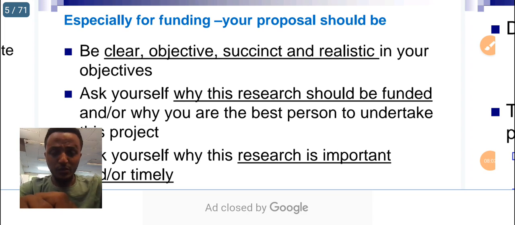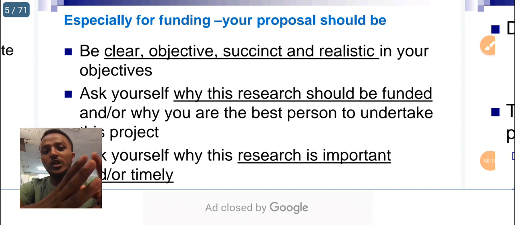And you can ask yourself why this research should be funded, or why you are the best person to undertake this project. You have to understand this as a researcher. To conduct research, a clear and good proposal should be written. To be funded, the concerned body that funds your research paper has to get a clear objective and a clear idea of why he is conducting the research,